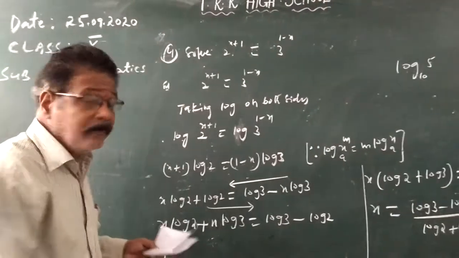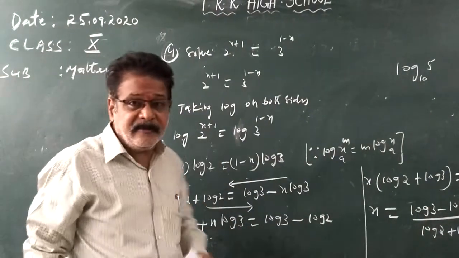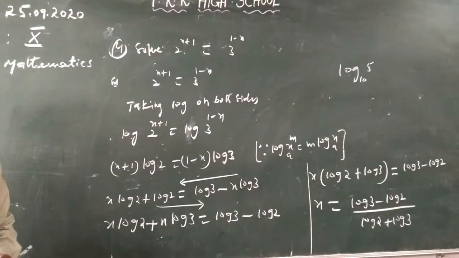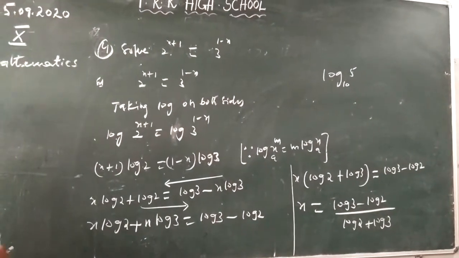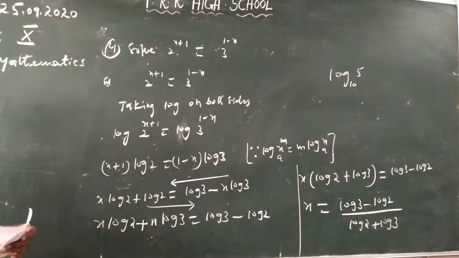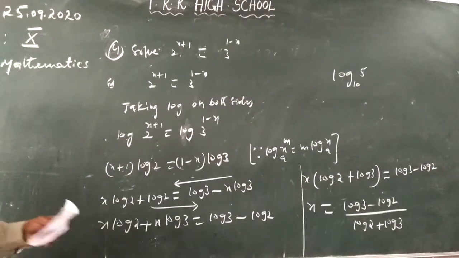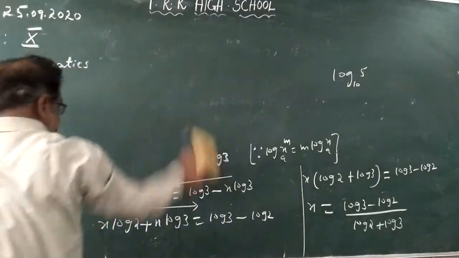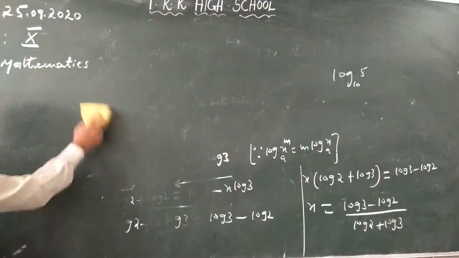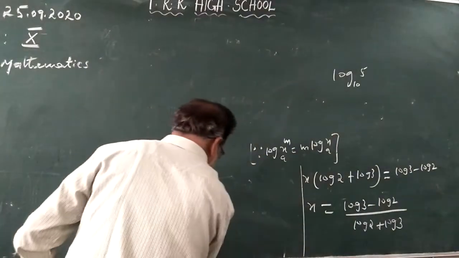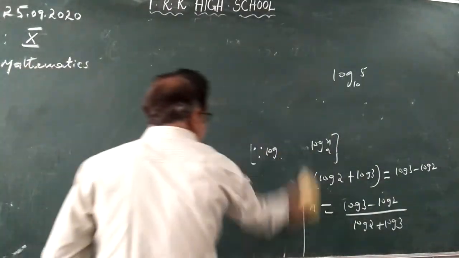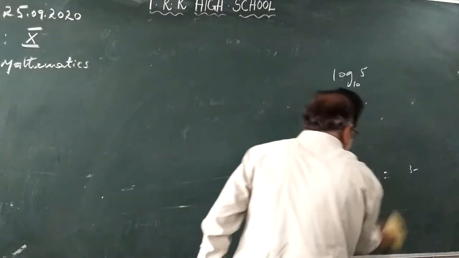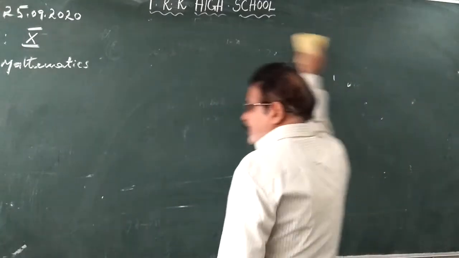I go for the fifth problem. Some model problems explaining the problems connected to logarithms. These are all problems. Now I go for the fifth one. Today I end this chapter. From the next class onwards we will go for the second chapter. That is why I am giving more problems on this, to have a clear idea, so that we can solve the exercise problems also.